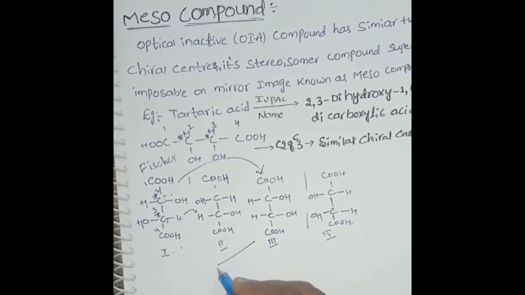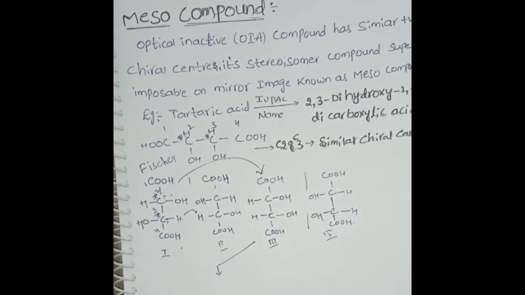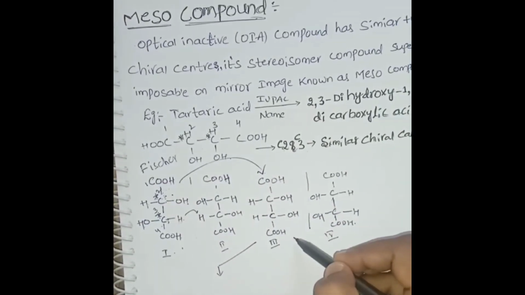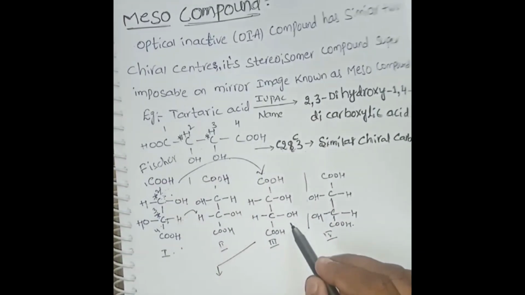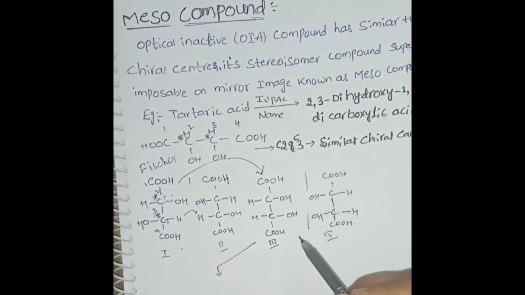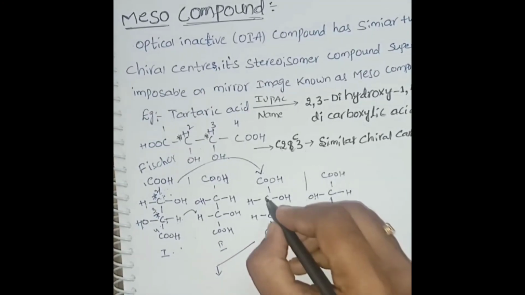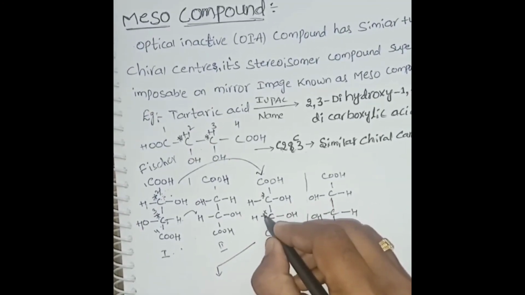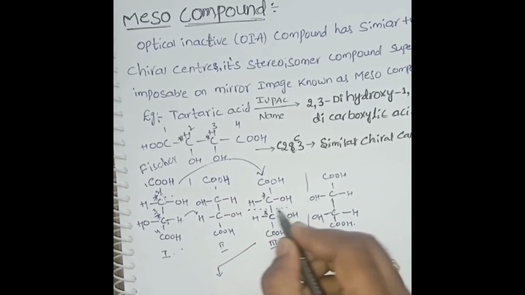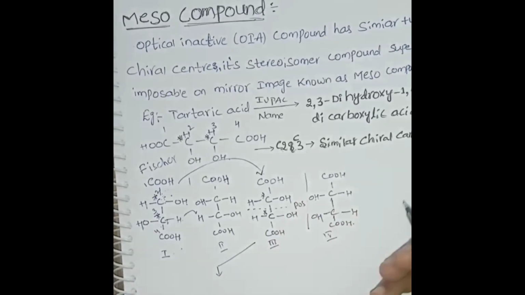It is a stereoisomer of the first tartaric acid, which is the third form of tartaric acid. It is optically inactive because these are similar chiral centers. When I draw an imaginary line in the half of this molecule, the plane of symmetry, and cut the molecule in this plane,